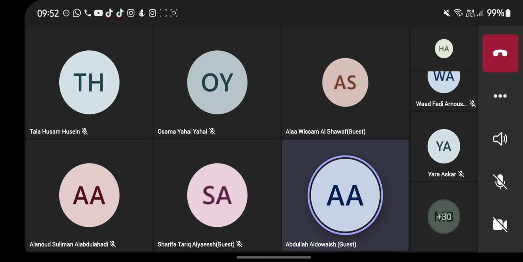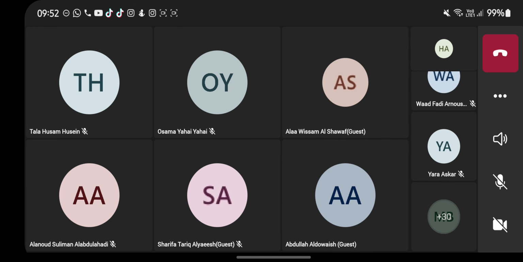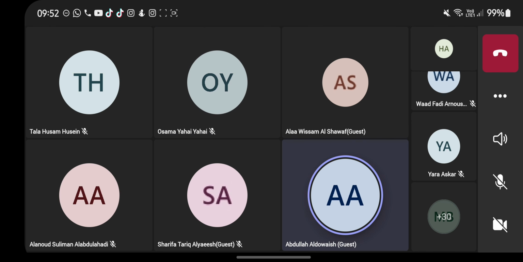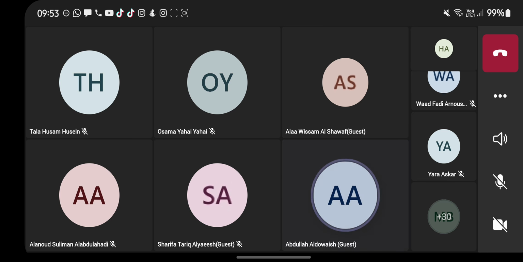Okay, so that will conclude the session. Do you have any question, or we can move to the second subject? Who is the moderator here? Alanoud and Hani, but I think they are not around currently, but we can go, doctor. Okay. The second subject is the pediatric screening. I think Noor is the one who's supposed to present. Yes, doctor, it's me. Okay.